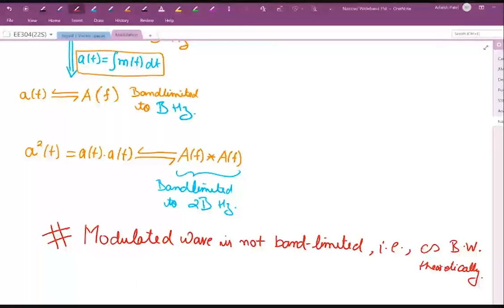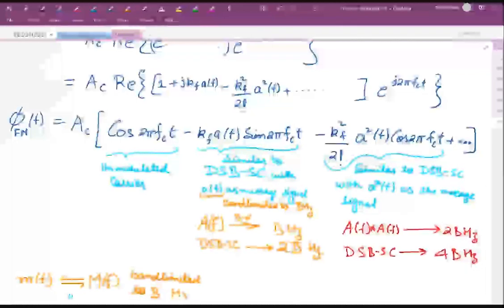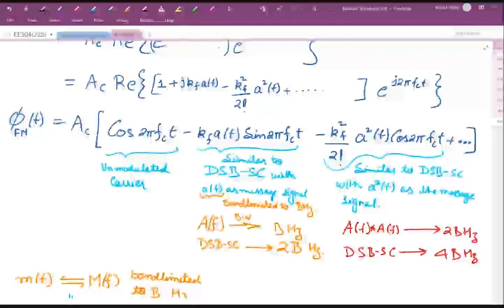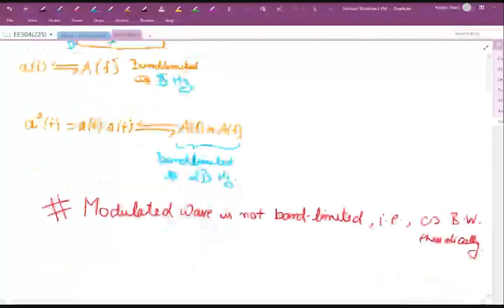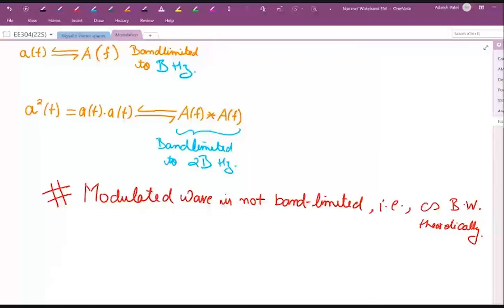So what we can do is make an approximation of that, and neglect the higher order terms, so that we can come up with a frequency modulated or phase modulated signal which is workable, implementable, and realizable. So instead of considering all these terms, the equivalent bandwidth is infinite. We don't want the bandwidth to be infinite, because otherwise we cannot do the transmission and the reception. So if I want to make it more realizable, I will put a constraint such that we can neglect higher order terms, and that constraint that we put is,